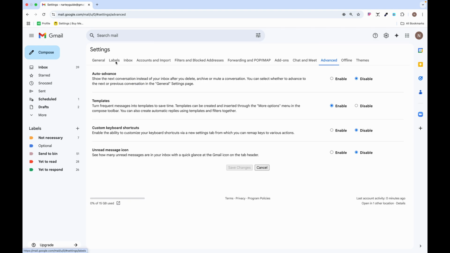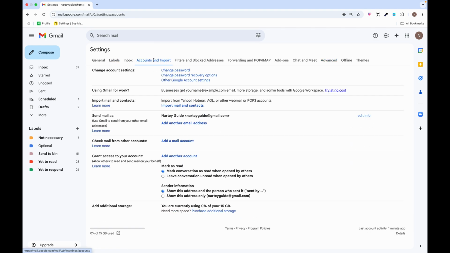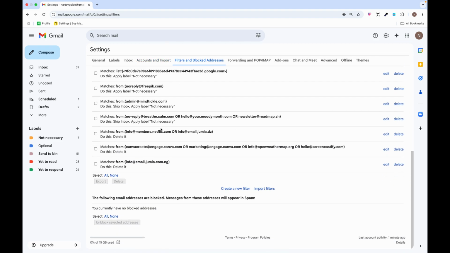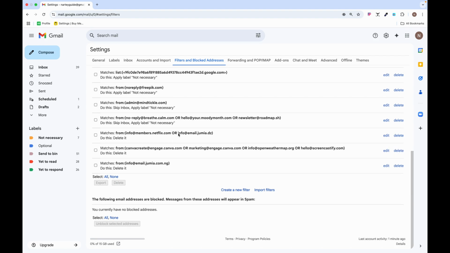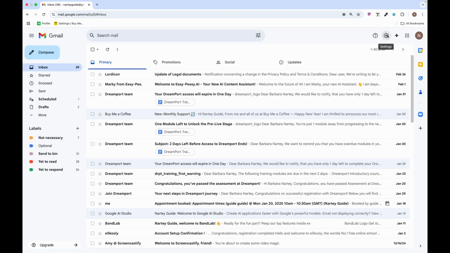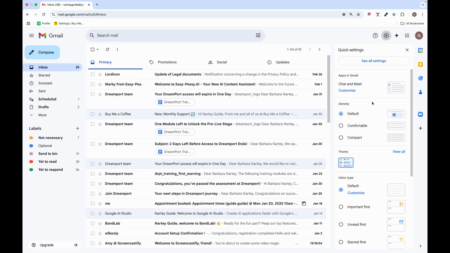And you can also check labels, you can check accounts and import, and filter and blocked address. So when you apply a filter, this is where you're going to see all the filters that you've applied to the email addresses. Over here in our inbox, when you click on settings and then